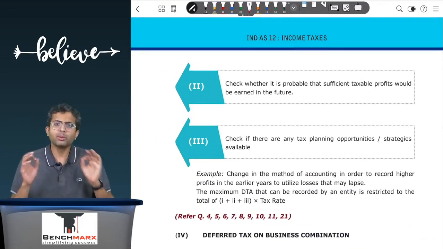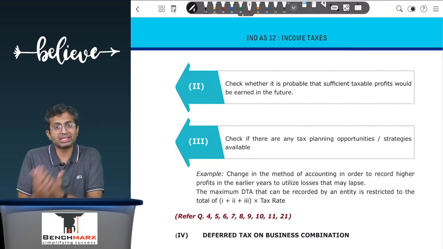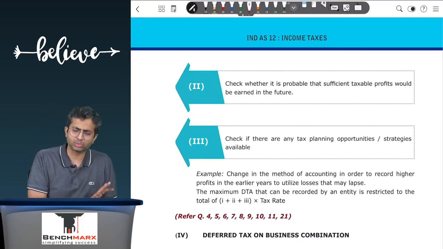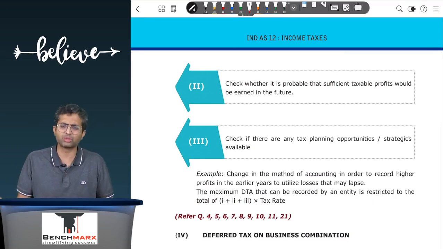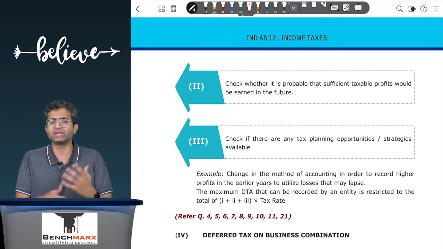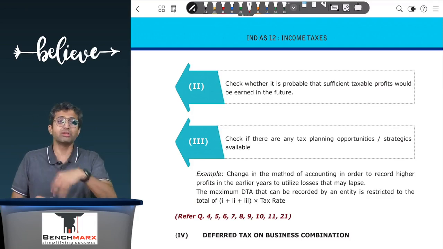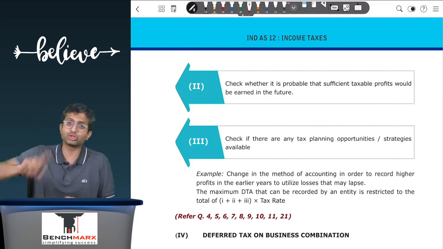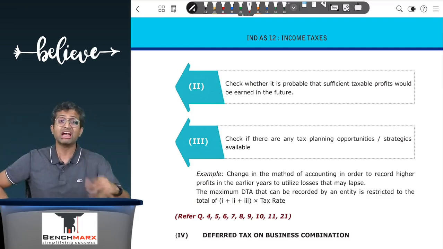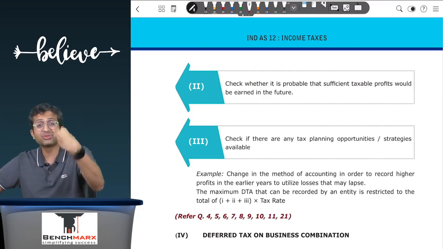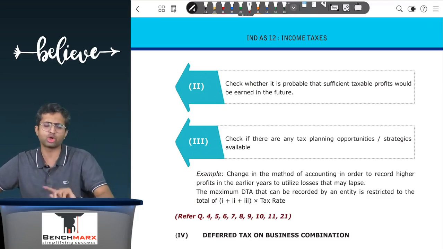Second is the most important thing, which in my opinion is the existence of sufficient taxable profits. So if there are sufficient taxable profits against which you can utilize the deductions or the carry forward losses, you can create a deferred tax asset. Like for a company, there's carry forward loss, but it can potentially lapse even if there's no carry forward loss and there are expenses which you expect to get deduction in the future years. That is, you create a deferred tax asset if you expect to pay lesser tax because of obtaining those deductions